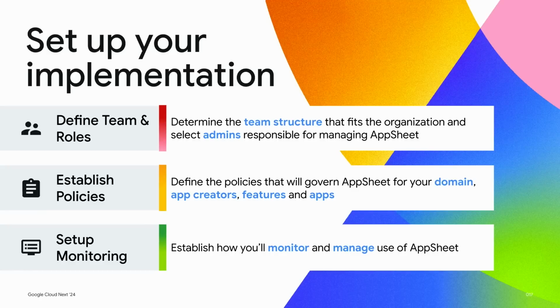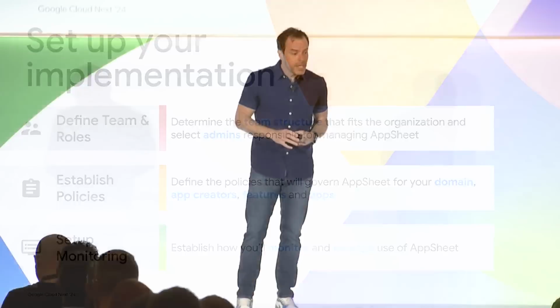The first is to define teams and roles. We're basically talking about people here, and it's a thoughtful way to think about how you might approach this problem. What comes to mind is who is going to be administering the applications, monitoring them, and coming up with policies and these sorts of things. But it's also things like who can build applications in the org and who can use these no-code applications in the org. And it's appropriate, and we intend to give administrators tools malleable enough to adapt to whatever the org structure is in your business.